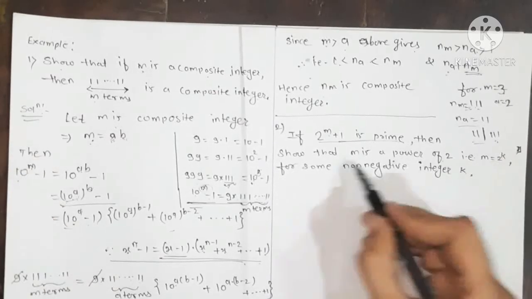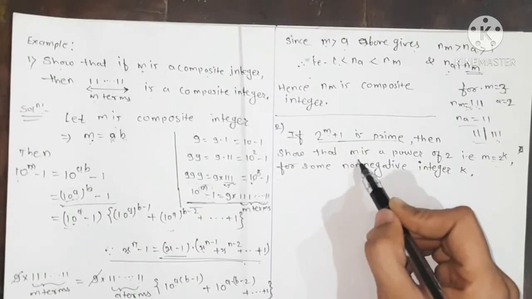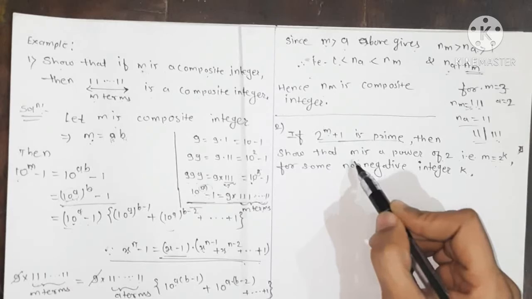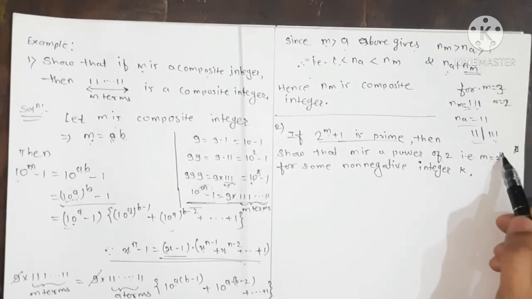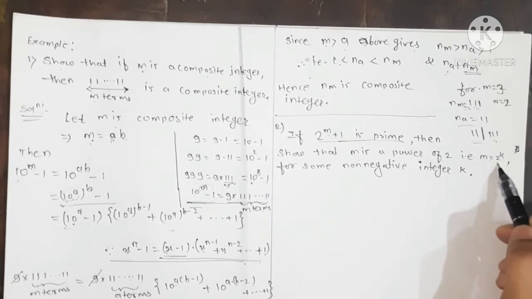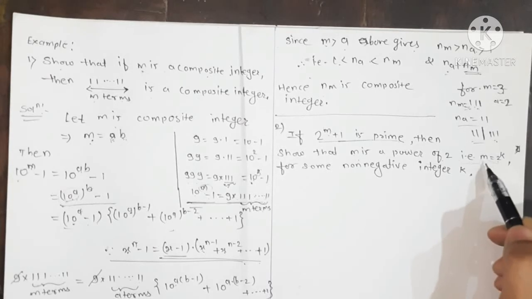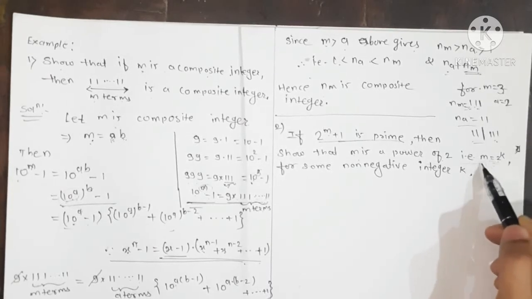So we prove the result by contradiction, that is we assume that m has an odd prime divisor, because otherwise m is written as 2 to the power k. So what does the contradiction method say? We have to assume the negation of this, right? And the negation of this is, there is at least one odd prime divisor for m. We suppose that it is a.